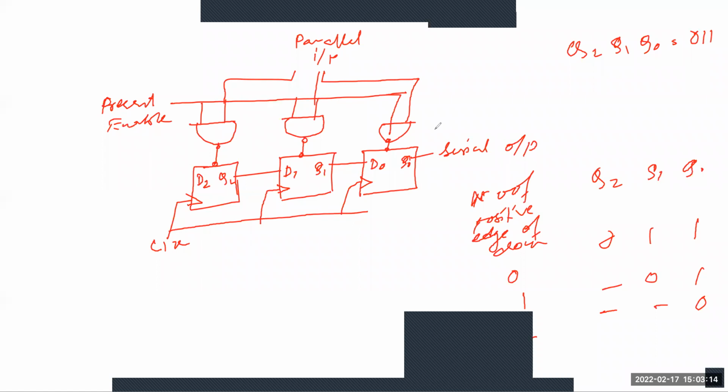Now the last case, that is the parallel in parallel out. So in that case, the only difference is that,